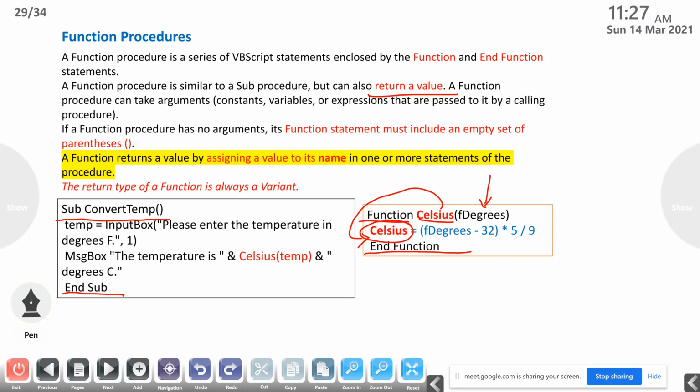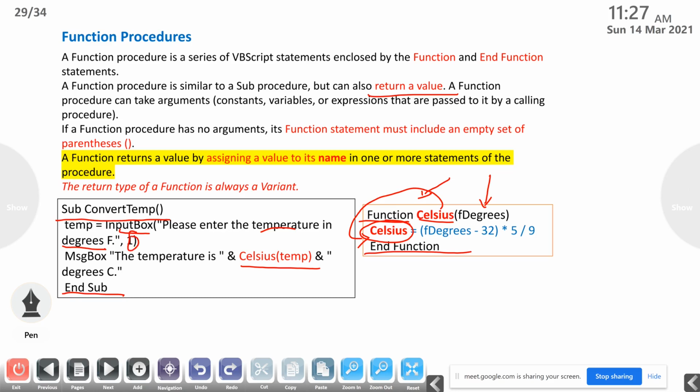This is the function definition, and here this is the function call. So temperature TMB equal to input box. Input box means that we are using it for collecting some data from the user. Please enter the temperature in degrees F.